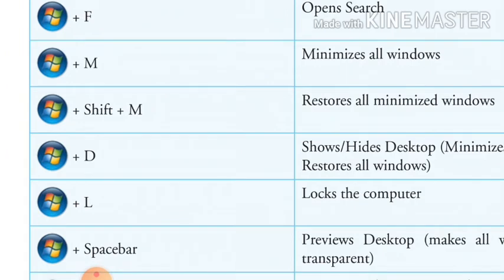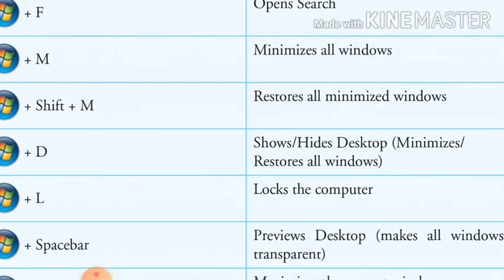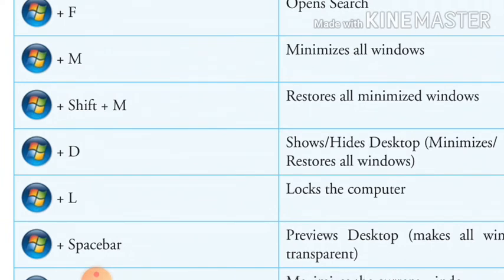Windows plus D hides the desktop, minimizes and restores all windows. Windows plus D: the desktop will be shown and all the files will be minimized.